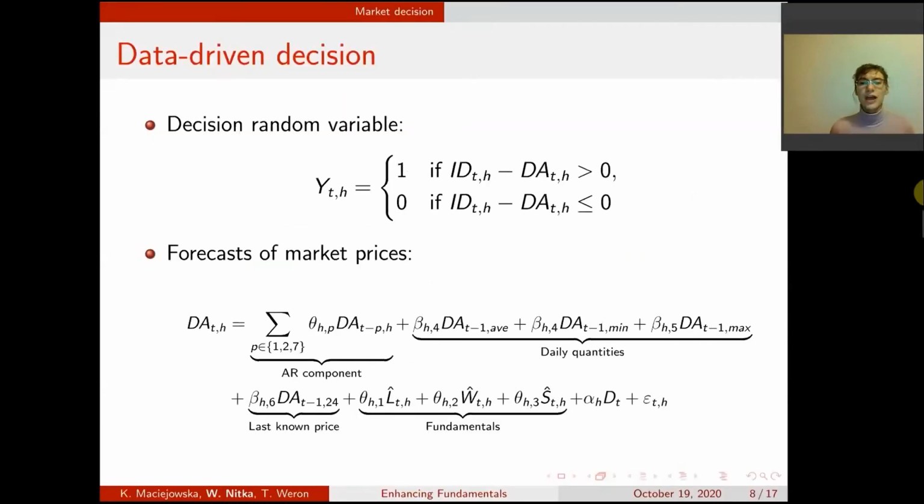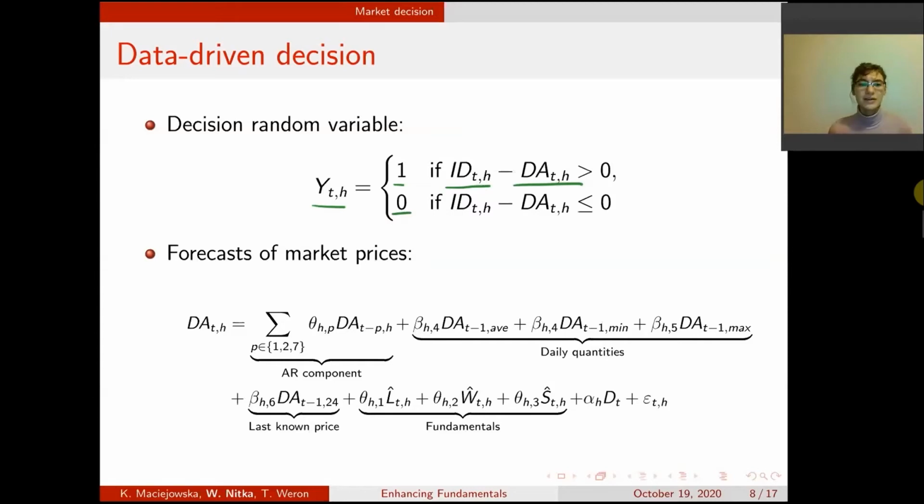However, our aim is to make a data-driven decision, and in this case we define this variable y to be equal to 1 if we predict the price in the intraday market to be higher than in the day-ahead market, and therefore it is profitable to sell in the intraday market, and we sell in the day-ahead market if our models predict otherwise. So to know the value of this random variable, we need to have the forecasts of the market